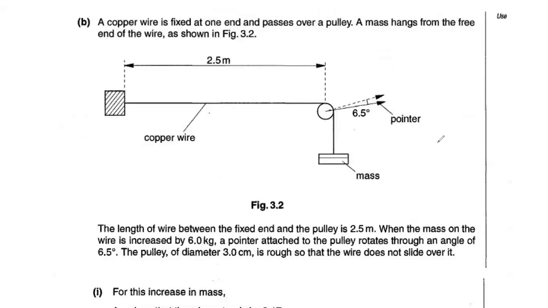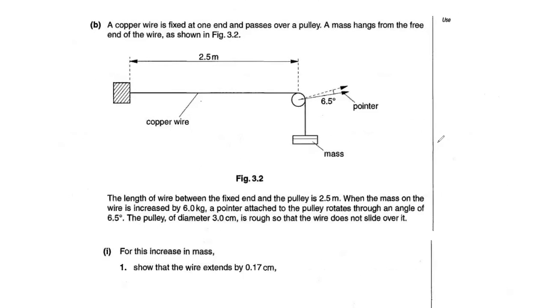All right, now they're saying a copper wire is fixed at one end and passes over a pulley. A mass hangs from the free end of the wire as shown in figure 3.2. The length of the wire between the fixed end and the pulley is 2.5 meters. When the mass on the wire is increased by 6 kg, the pointer attached to the pulley,